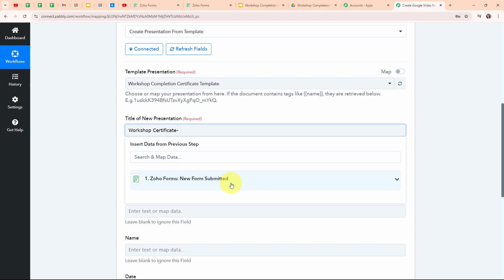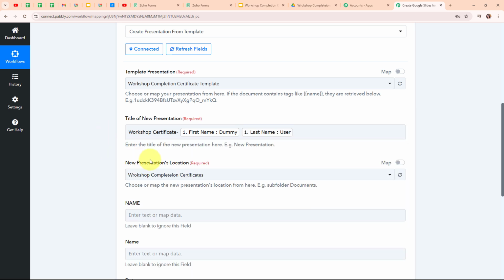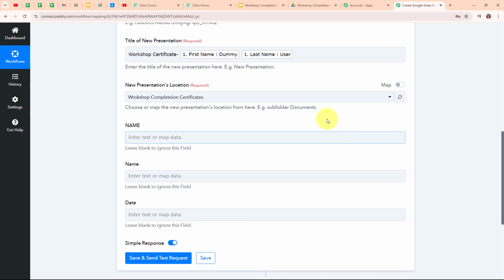Mapping makes a text dynamic so that whenever we receive a new form submission through our Zoho Forms, then automatically this previously existing detail will be updated with the new one. So here I'm going to map my participant's name from the response I've received in my Zoho Forms. So this is my participant's name. And now after mapping the first name and the last name of my participant, moving forward,